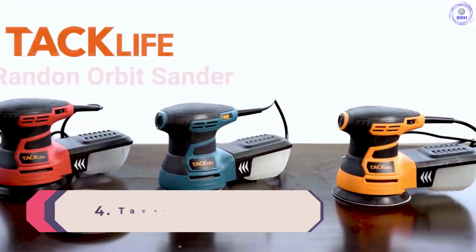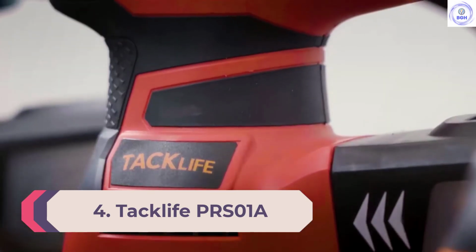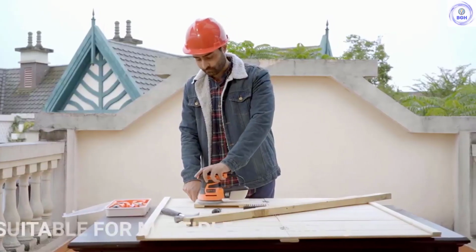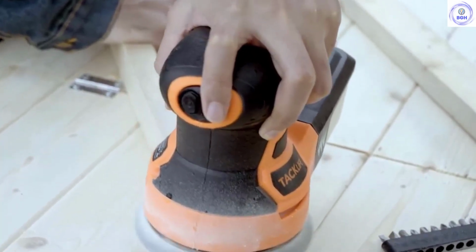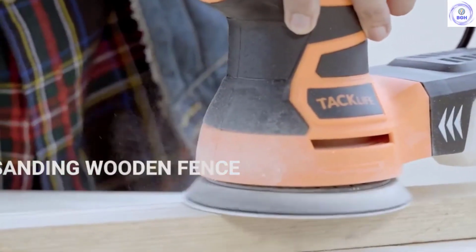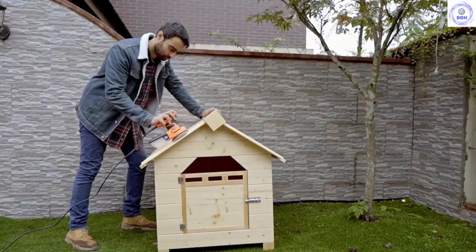Number 4. TacLife PRS01A. With 5-speed controls, the TacLife PRS01A is a powerful device that comes with a wealth of features that emphasize raw functionality and user convenience. When it comes to superb work adaptability and quick action, this beast stands tall. It sports a unique design and comes with features that make cleanup as easy as possible. Its high adaptability to different work environments makes it the ideal tool for a wide range of indoor and outdoor